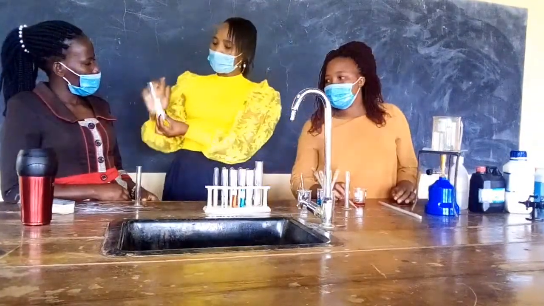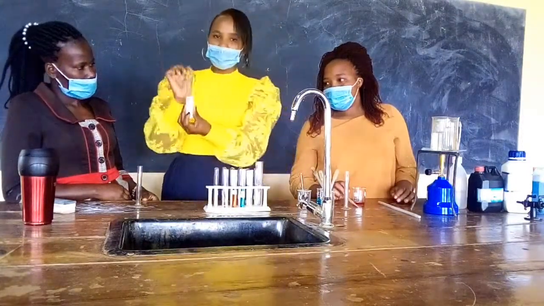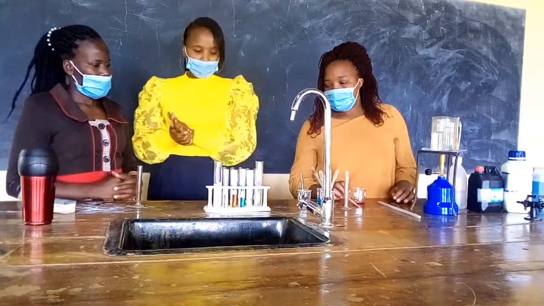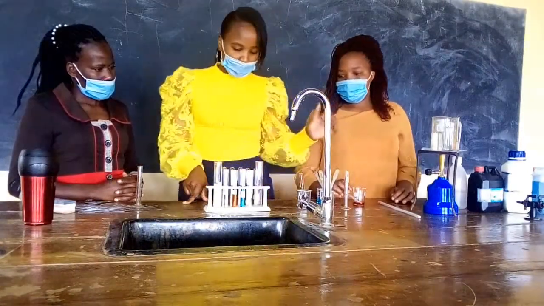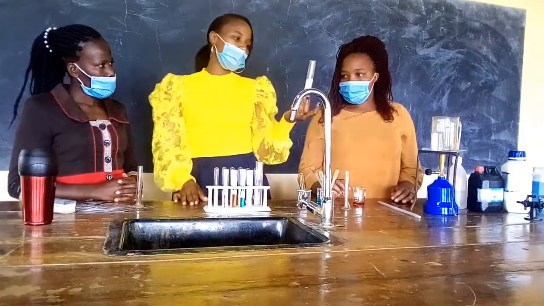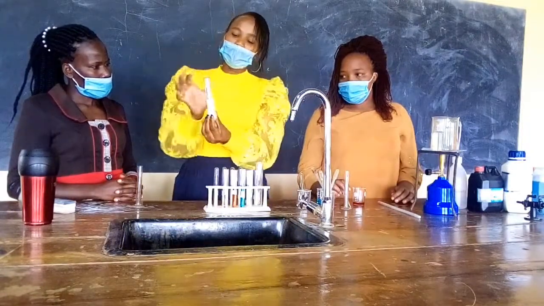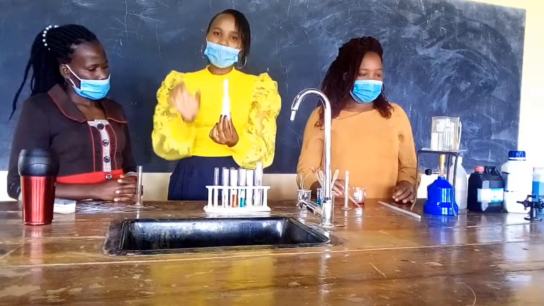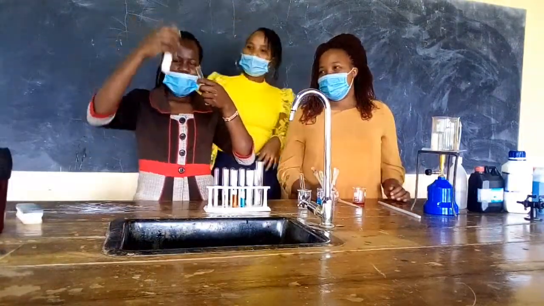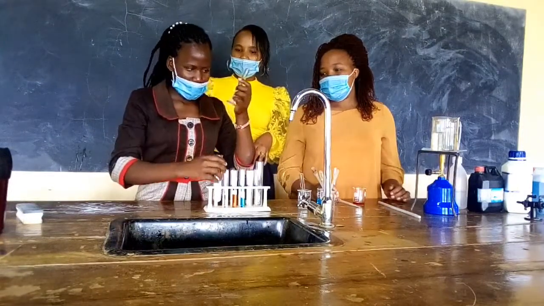So Maureen is going to test for starch here, whether there is starch present, and you know how the color changes. And then on this other side, Rahab is going to test for reducing sugars from the same food sample. This one can be any food sample, and we are going to test for the effect of salivary amylase on starch. You put 2 ml in a measuring cylinder.